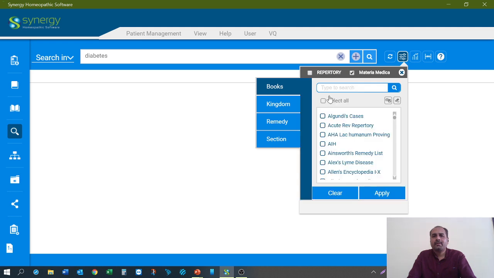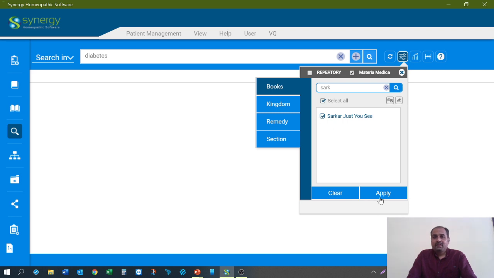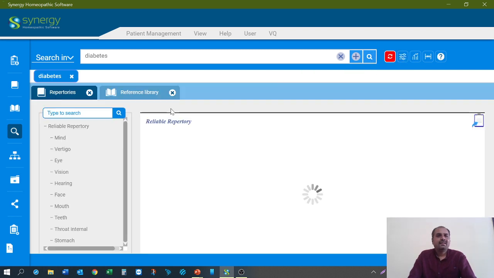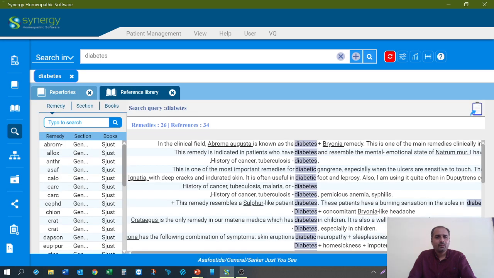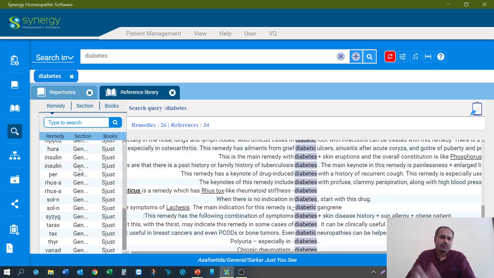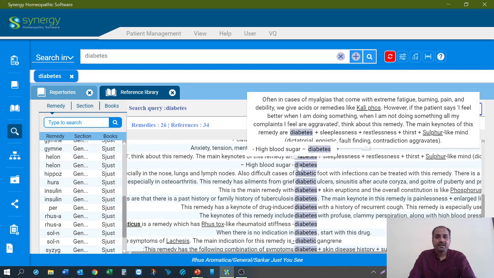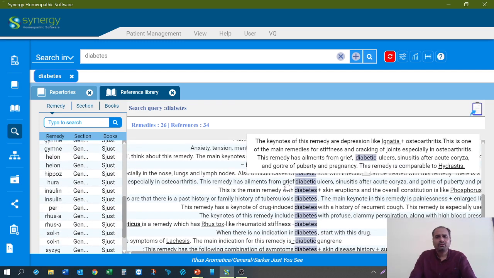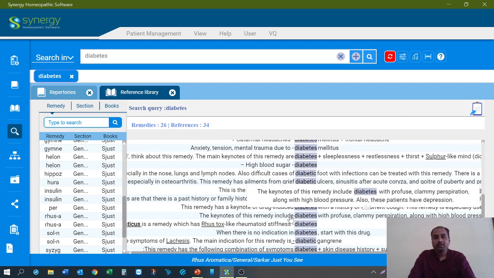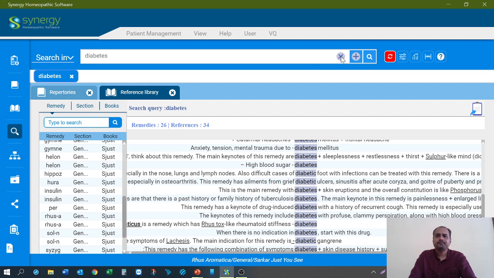So I go to the Materia Medica, Sarkar, I just type diabetes, and there I get 26 remedies or whatever in the Materia Medica, and I just hover my cursor onto the reference string, and it opens up the entire symptom. So I don't have to click and go to the reference string or the Materia Medica, but I can get an overview about the different mentions of the word diabetes right there and then.